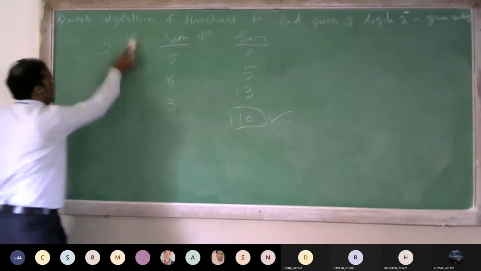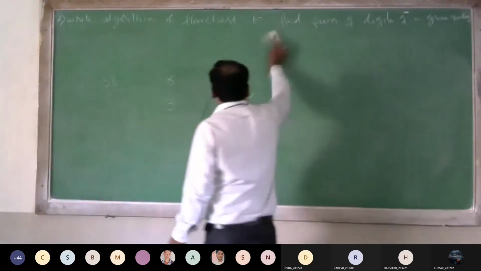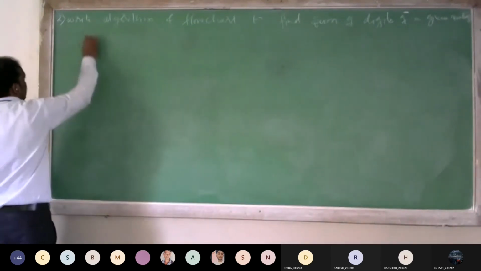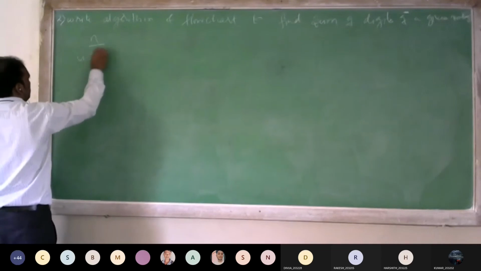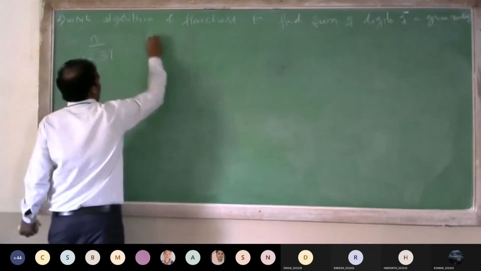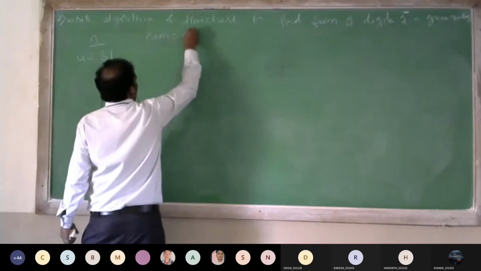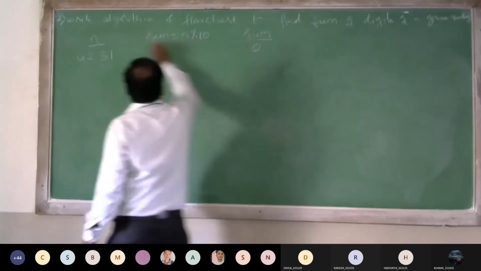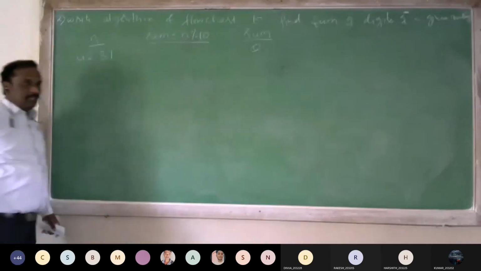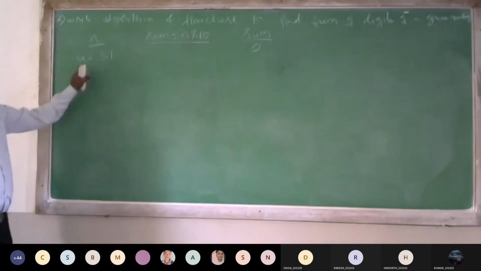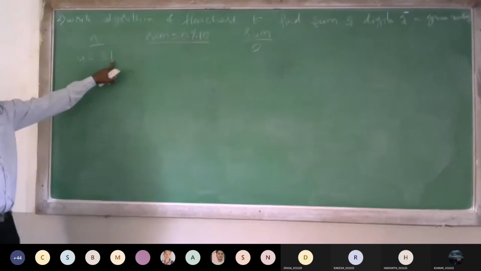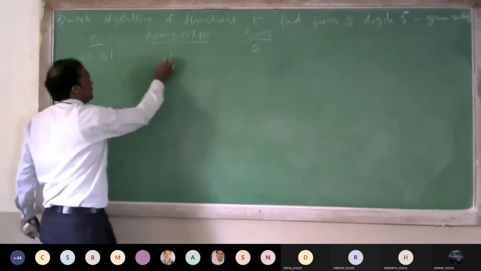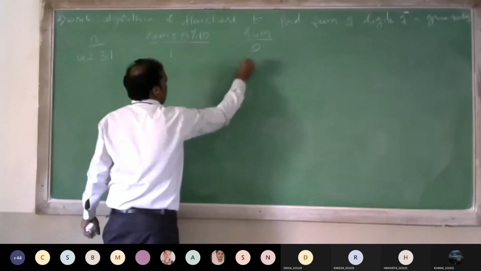I will take another example. N is 4231. Remainder is equal to n modulus 10. Sum will always be 0 starting. Now what will be the remainder? Remainder is 1. Extract this last digit. You add this 1 to 0. 0 plus 1 is 1.